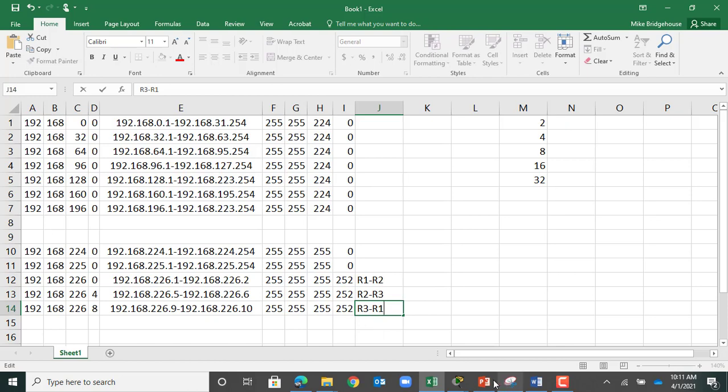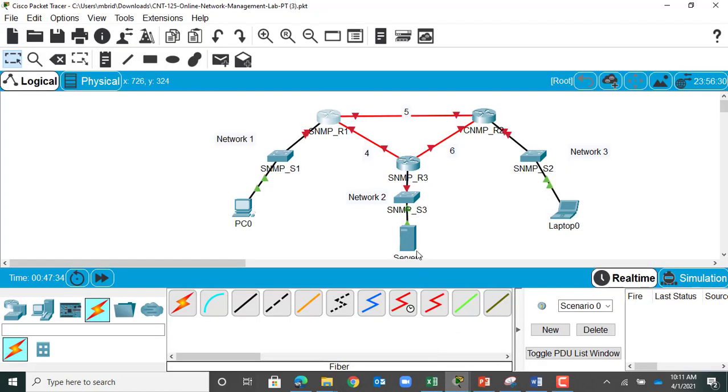So for example, this has to be a network. So this is the third network. This is the first one that we have set up, and this is the third one that we have set up. I'm going to go ahead and set up these guys here first. So what I'm going to do, I'm going to look at my map and identify who's who. Okay, so with that being said, I need to go from